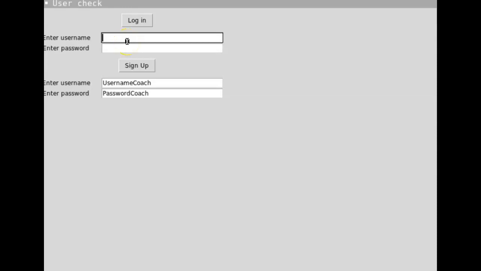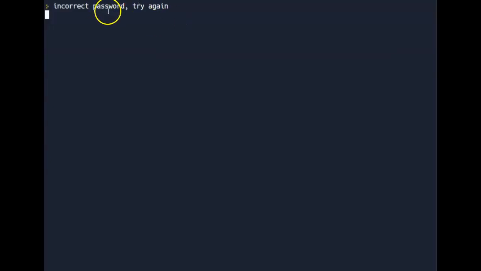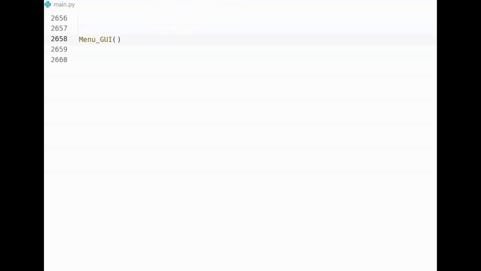But for testing purposes, I'm going to enter a wrong username. So I'll put user, which hasn't been created yet. I also put password pass, which doesn't exist as a correct password. I press login, and I can see it redirects me again to this because the username and password haven't worked. In the console, it says incorrect password, try again. So if we go back to